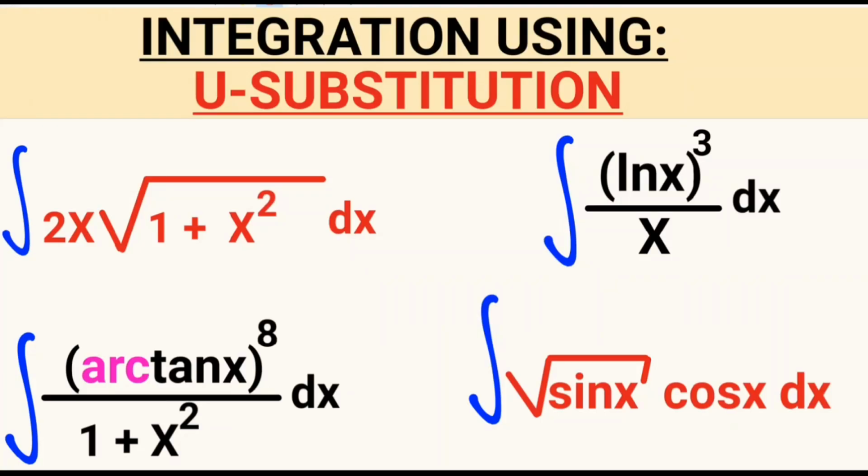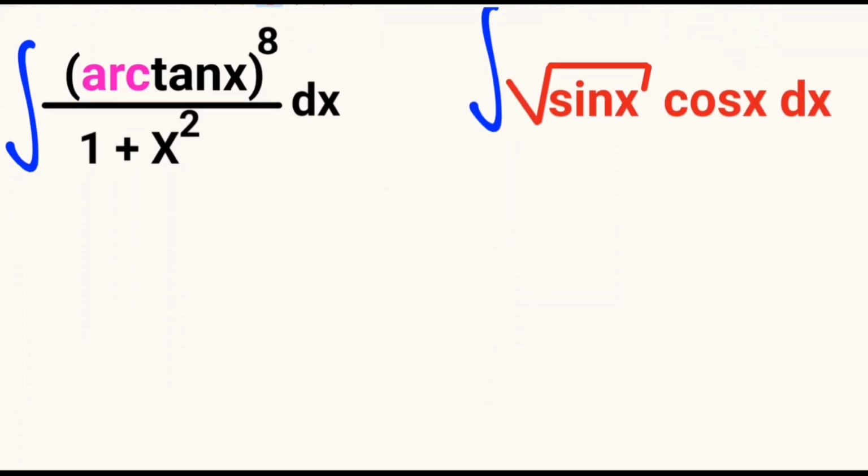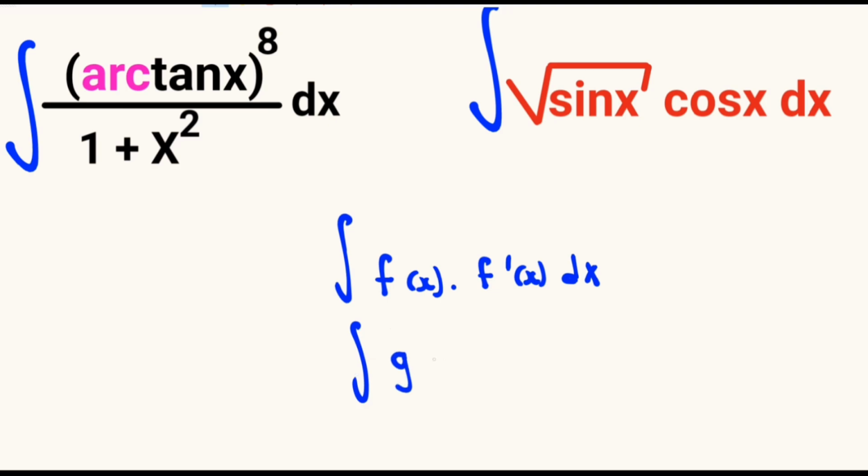Hello everyone, my name is Bino, and in this video we'll integrate the following integrands using the U substitution method. We use the U sub method when we have the integral of a function which we call f of x and its derivative, the f prime of x dx, or when we have the integral of g of f of x multiplied by the derivative of the f of x